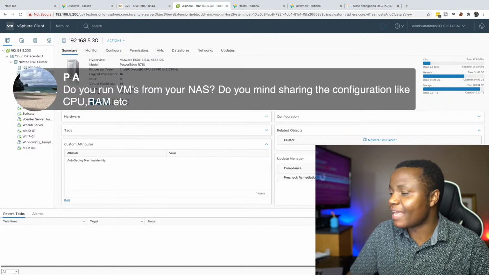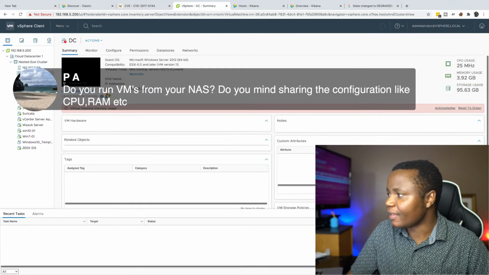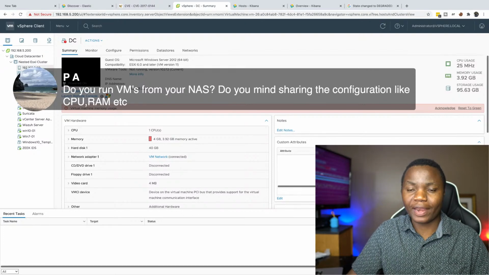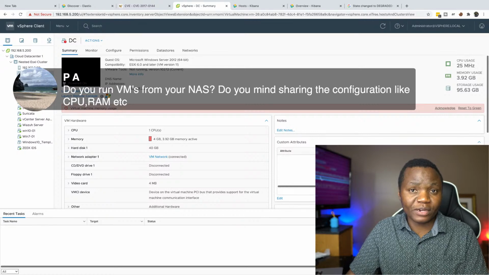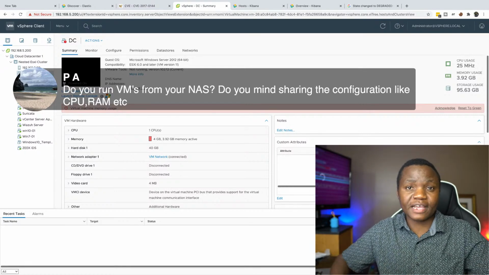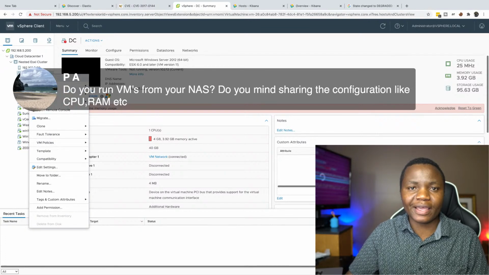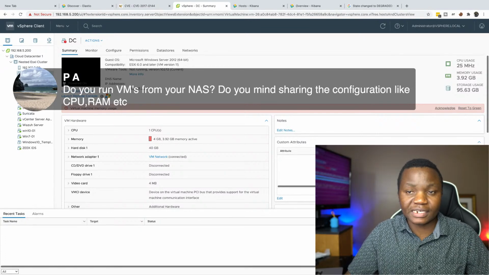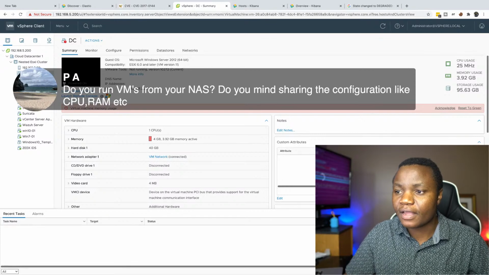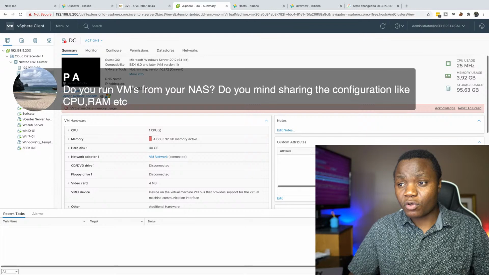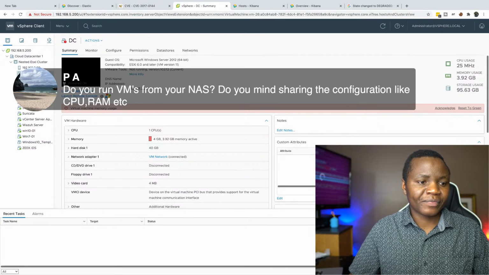for a long time, yeah. Here is a VM, for example. This is a domain controller for this whole lab. I used to have 3 of these domain controllers and doing failover and all that stuff. I gave up on that. I just take snapshots of this domain controller and I back it up somewhere. If it crashes and dies, I'll bring it up from backup. I don't need to run 5 of these. But yes, I run most of these from my